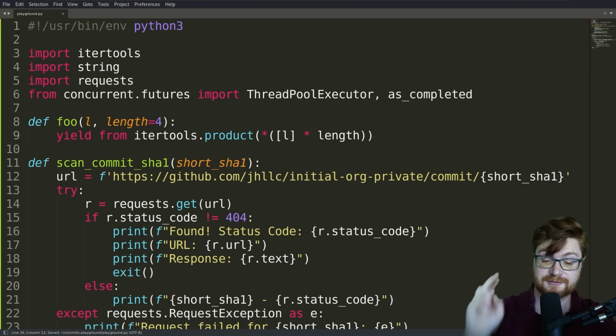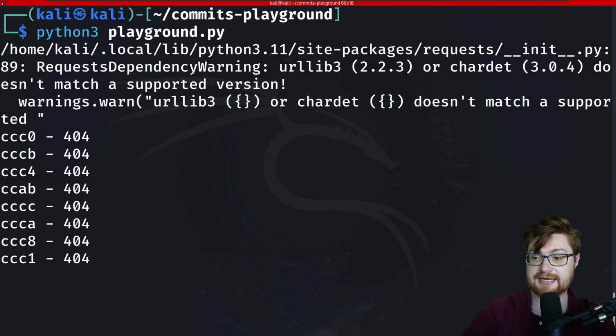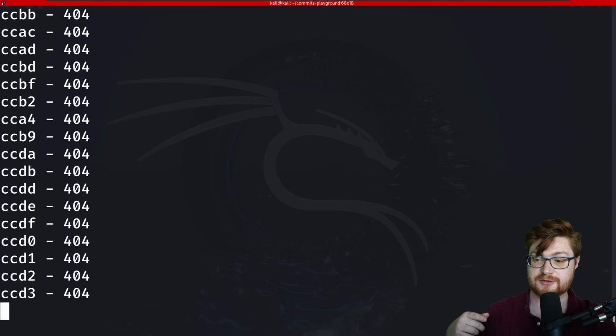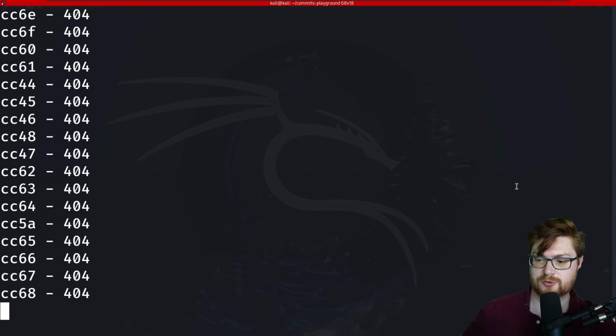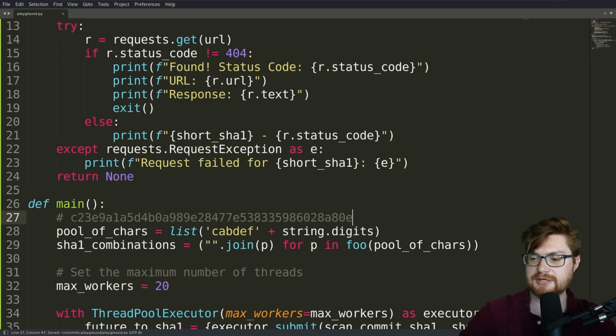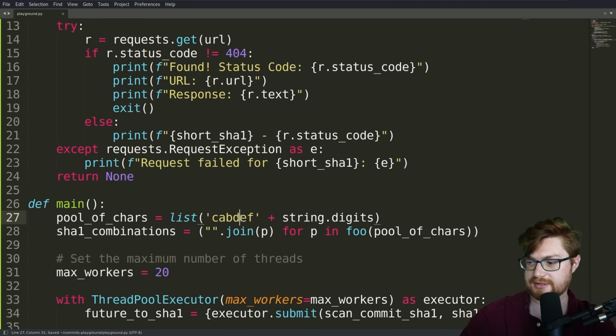And then I hope, fingers crossed, let's get back to our terminal and see if we'll get a hit. Trying all of these values, and what is it that we're looking for again? C2, so it's got to go through the rest of the alphabet here. The first 4 characters are C23E, so honestly, we could probably make our pool just a little bit easier for us to work in for a faster result.